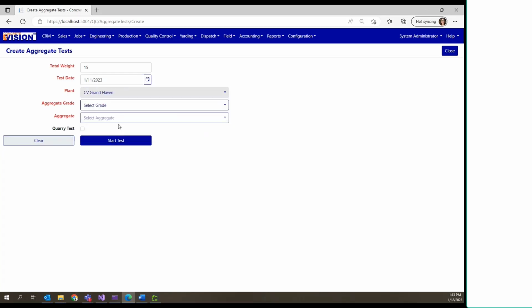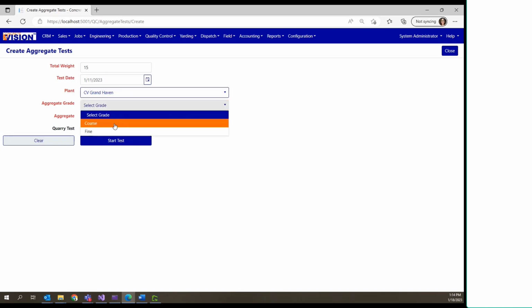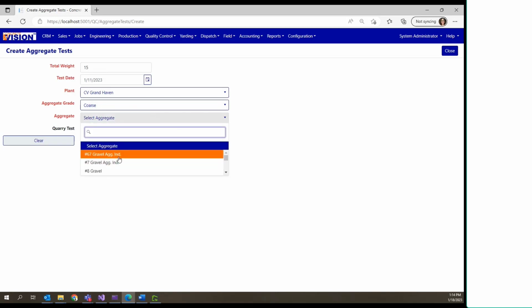And you select the plant, and I don't have a default plant. If you have a default plant, it would automatically start out with that selected. And the grade,